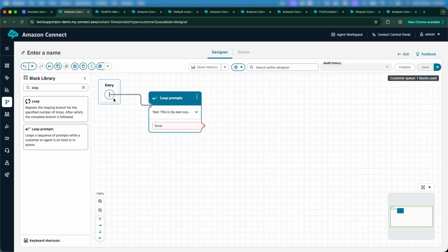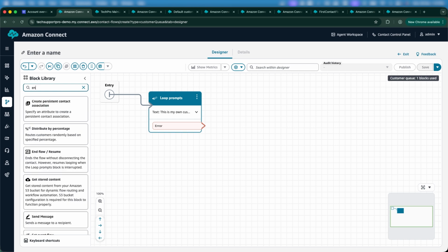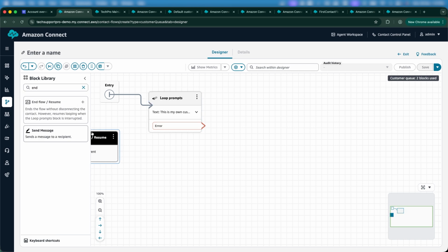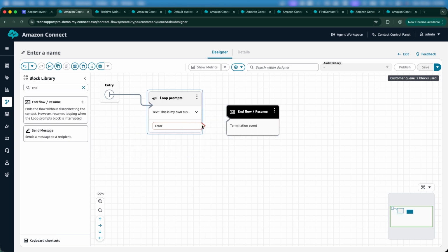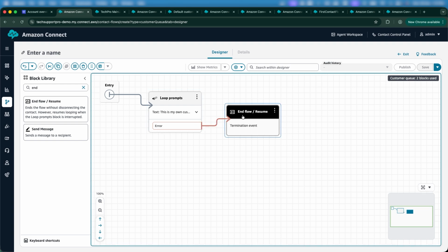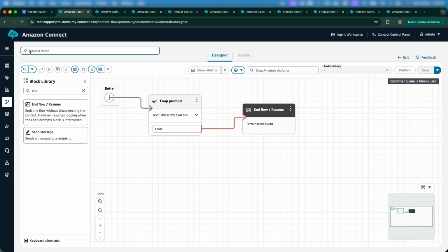Confirm. And then instead of disconnecting, I'll do end flow and resume flow. So if the looping prompt plays, just end and resume, just end and resume. So let me do a tutorial. We will come back again into this flow to make some new and fancy stuff in your tutorial. Or let me do TechPro